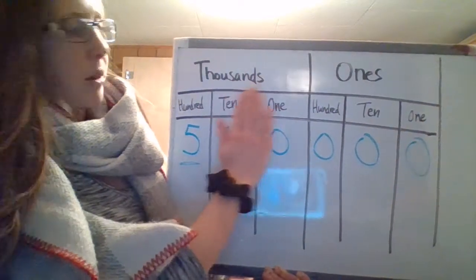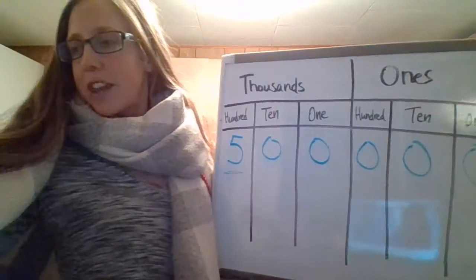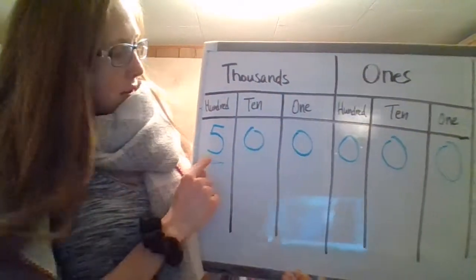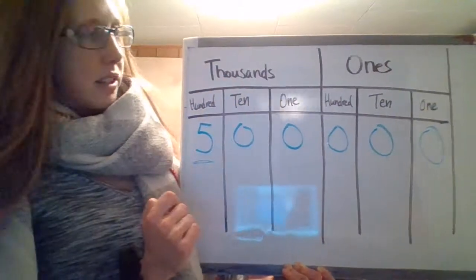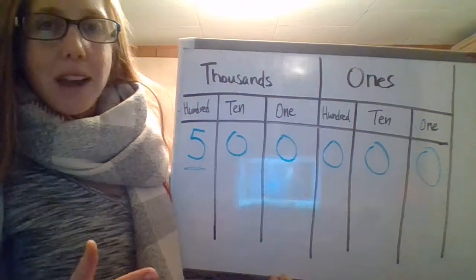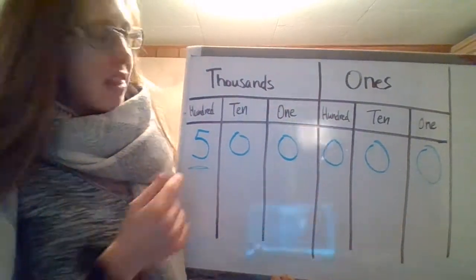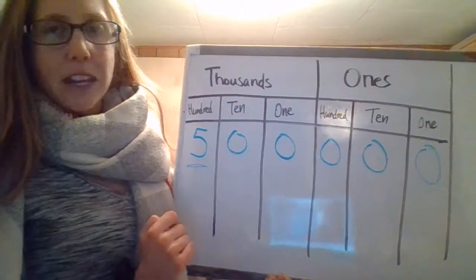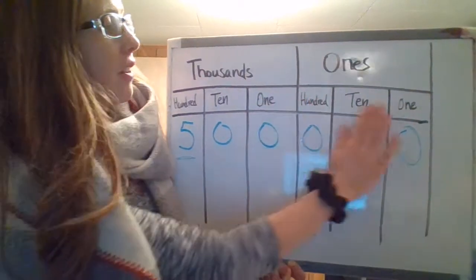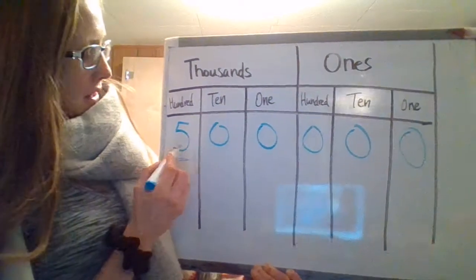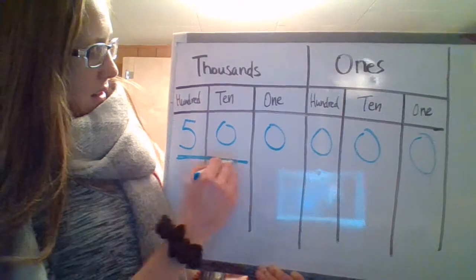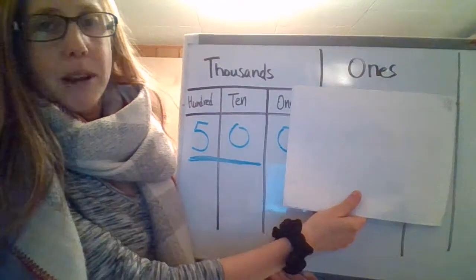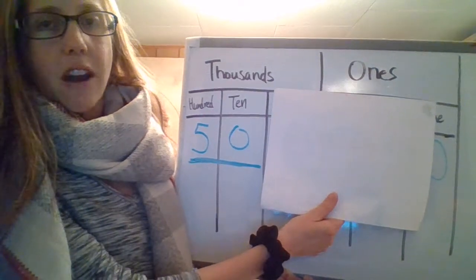Right? I have a 5. I'm kind of just covering up this whole rest of the area. So it's almost like covering the rest of that. So the 500,000s. What if I said rename that as 10,000s, or how many 10,000s is this number? Well, I find the 10,000s place and I cover everything after that, or I just look up until that spot. Okay, so if I'm covering everything after the 10,000s place, my number is 50. So I have 50